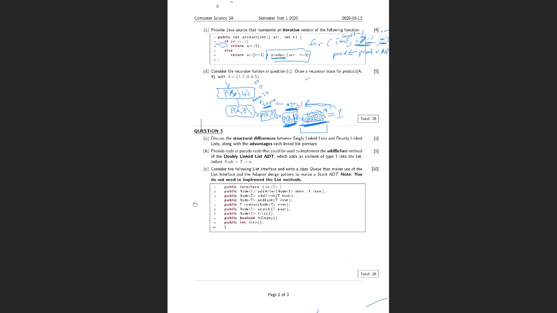All right, consider the following list interface and write a queue that makes use of the list interface and the adapter design pattern to realize a stack ADT. This you could get, right? We had this in a prac. We could give you a slightly different version of that, perhaps give you a different interface, because we've looked at different